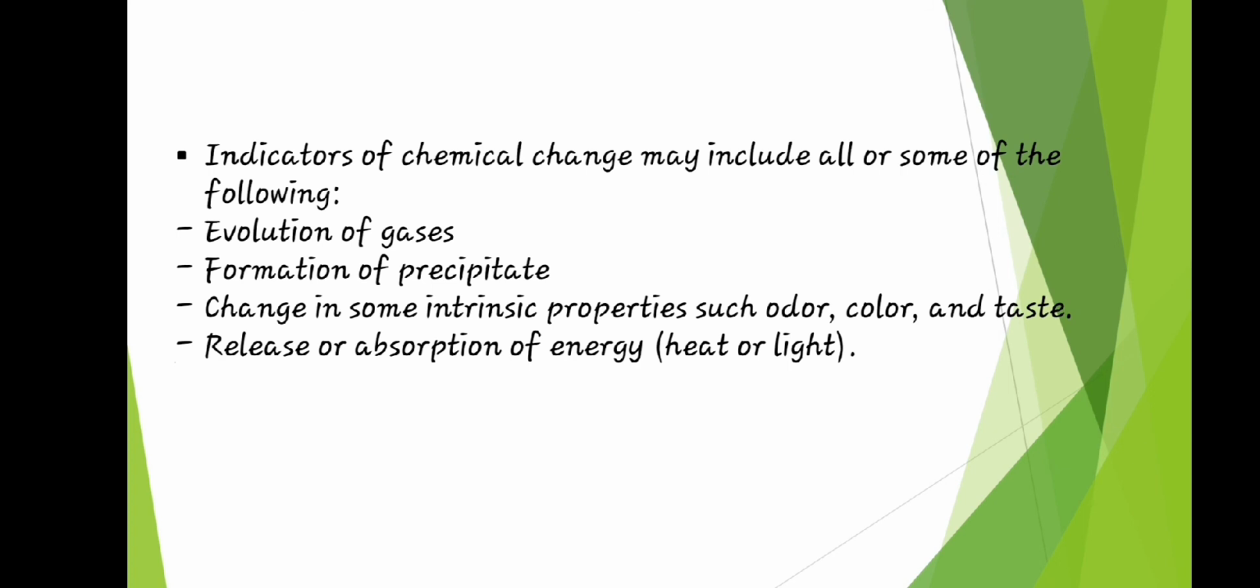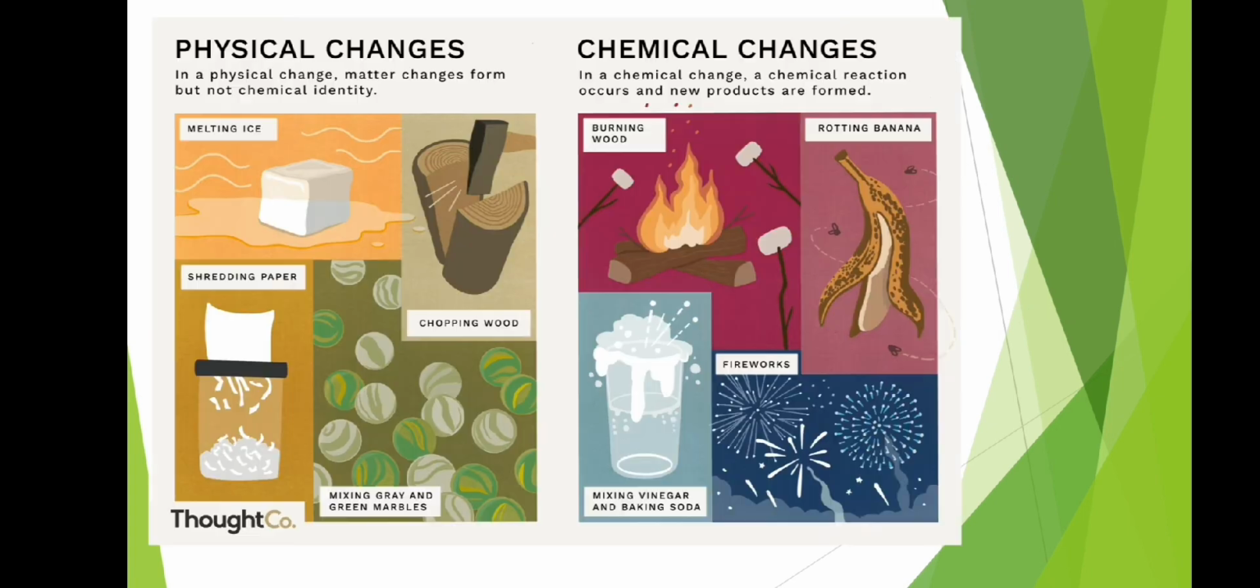To give you a brief, summarized explanation about the differences between physical and chemical change, let me show you this illustration. As you can see here, in a physical change, matter changes form but not chemical identity. What do you mean by matter changes form? It means it can change in physical appearance but cannot change in chemical composition. For example, melting ice, chopping a wood, mixing gray and green marbles,